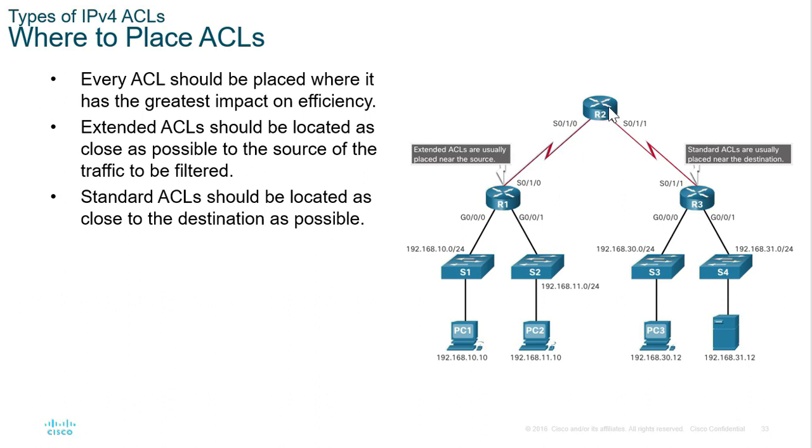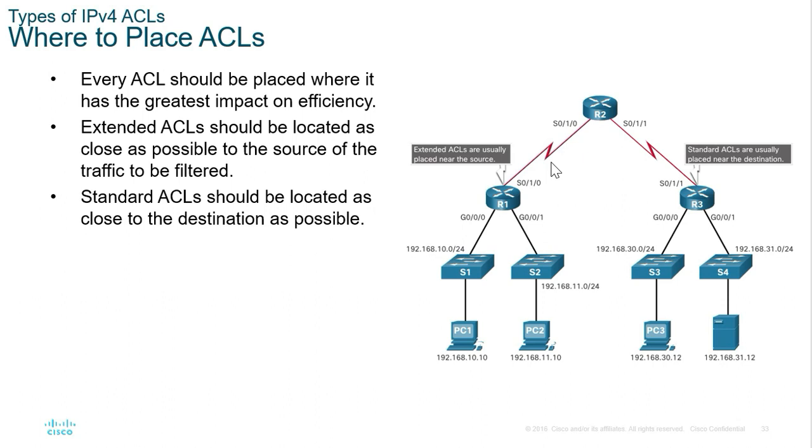Jadi tak semestinya just kita, because kita nak save resources on the routing table lookup, kita letak inbound sahaja. Ada condition where kita kena letak dia outbound. So the overall guideline adalah extended ACLs should be located as close as possible to the source of the traffic